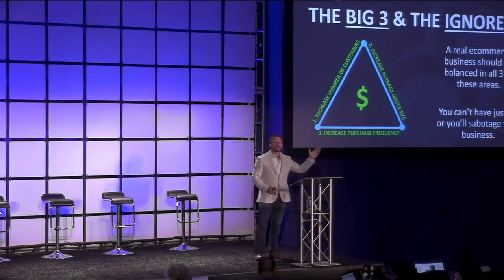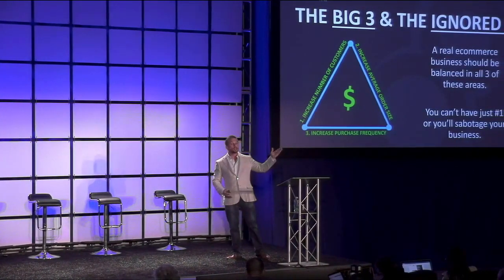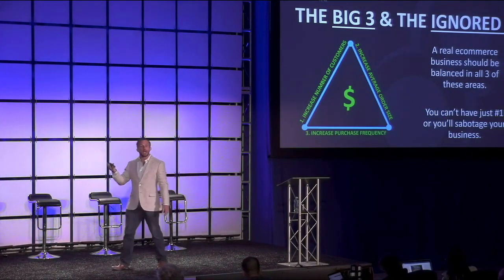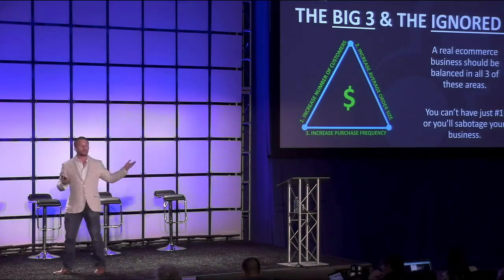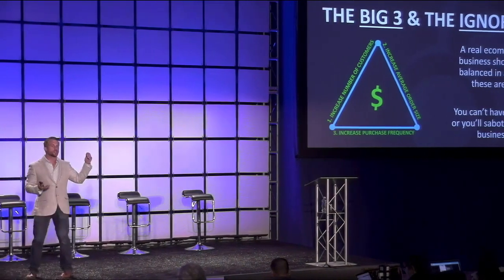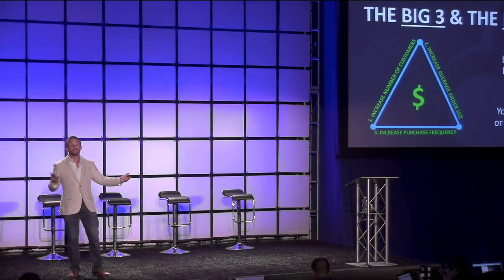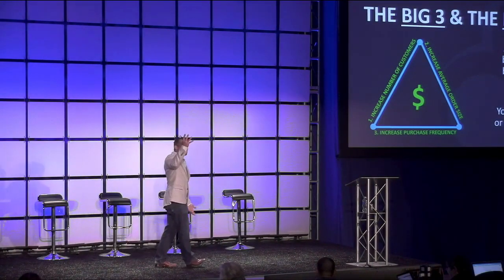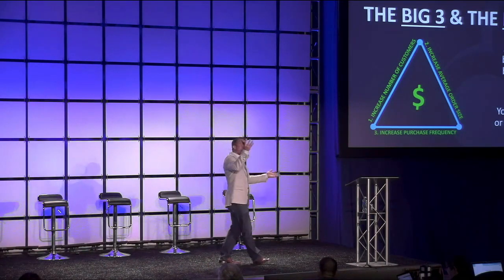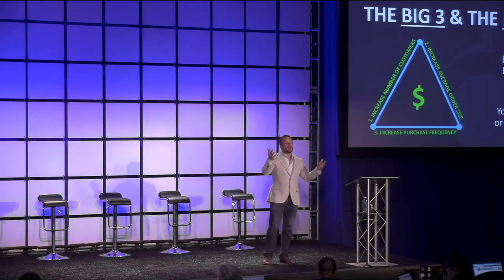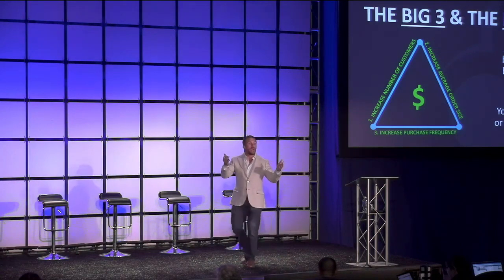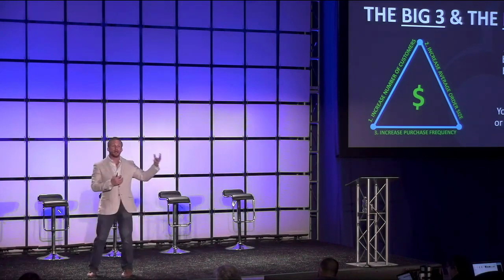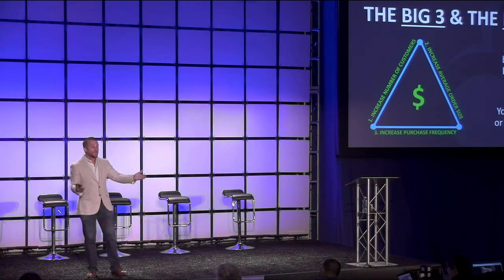When, in order to make number one work really, really well, you gotta have number two, which is the average order size. If your average order size is low, that means you don't have as much money to pay for your customer. So if your customer costs you $20, but your average order size is 15, that means you're -5, not counting your cost of the product. But if your average order size is balanced and is up high, now you have more room to work with to acquire more customers. And then in order to be able to do either one of those, you have to have money. You have to have cash flow coming into your business that's not being eaten up by advertising expense. And that's where number 3 comes in.